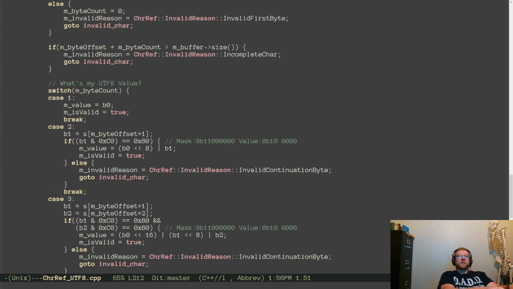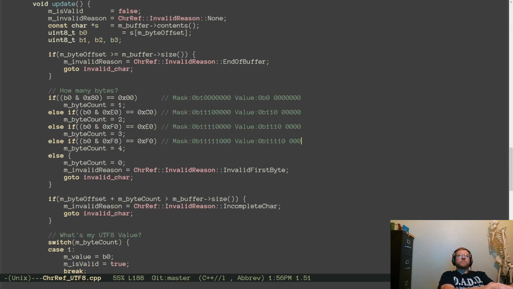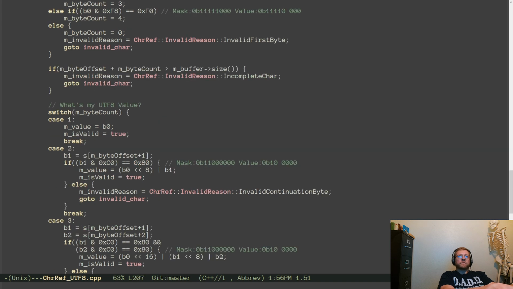Then we're going to check for the continuation byte, which is this. If our byte masked to the upper 2 bits equals 1, 0.